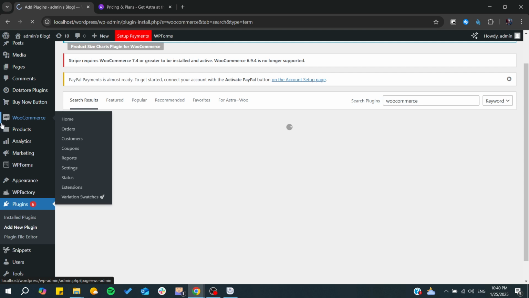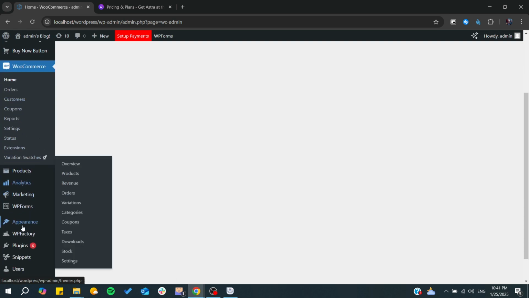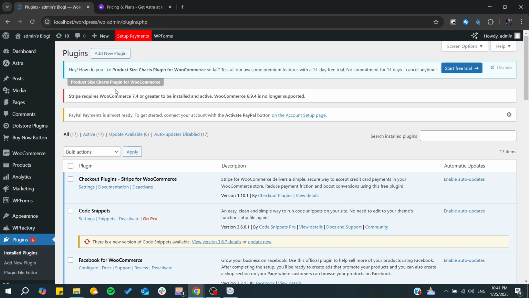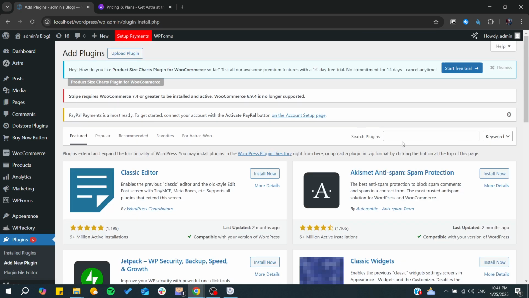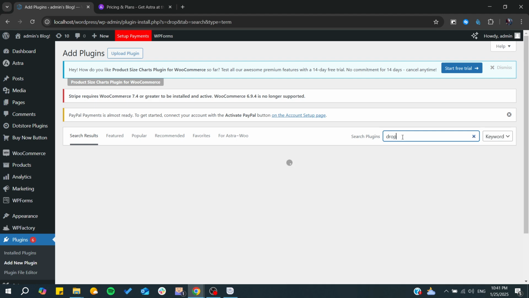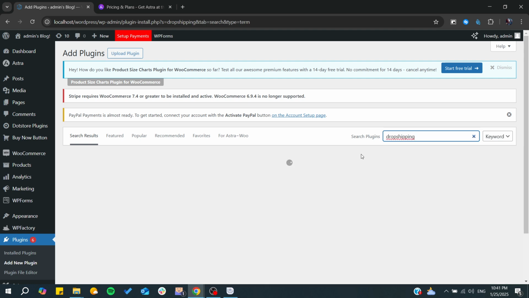So after that you are having your WooCommerce plugin, then we will need to add dropshipping features to WooCommerce. So basically now we will need to add another plugin that would be added to WooCommerce. So I'm just going to add new plugin and I'm just going to type dropshipping, and then we will need just to find some dropshipping plugins